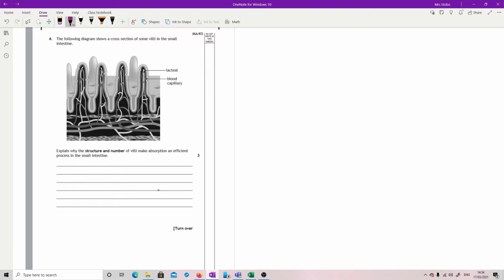Okay, so we are looking for structure and number. You're going to have to deal with both of those if you're going to get all the marks. Now, the number one is actually just going to get you 1 mark, but structure, you've got options to get the other 2. So the things which make something an efficient surface for any form of exchange, you need to know them. So we have good transport,